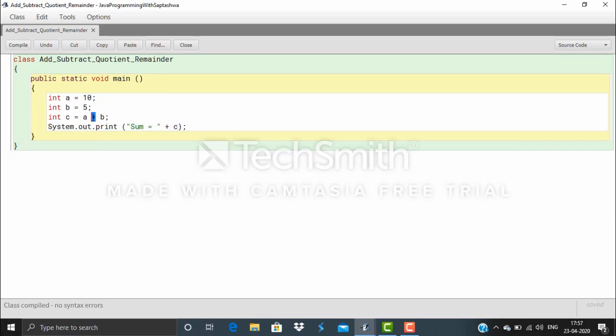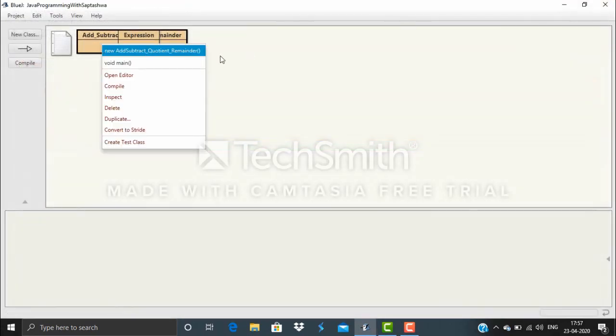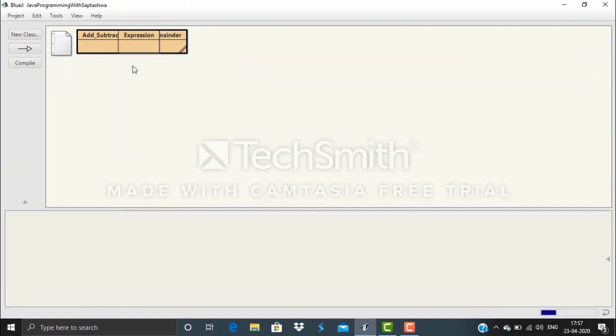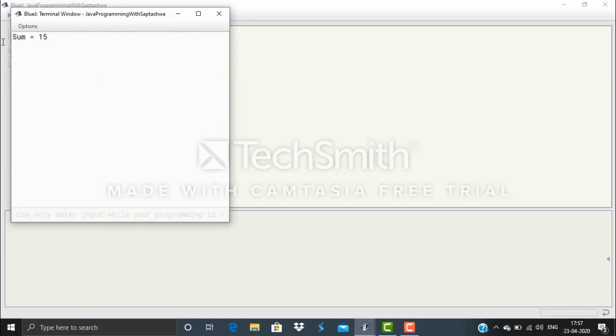Here the plus sign is not the arithmetical operator. Now I will see what output it will give. The output which the compiler is giving me is sum equal to 15.